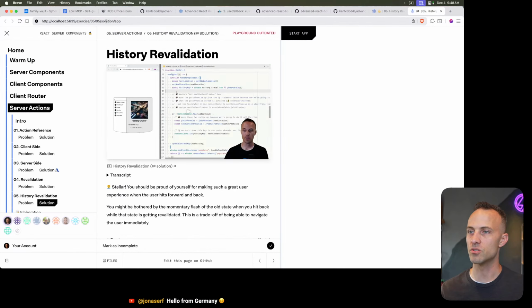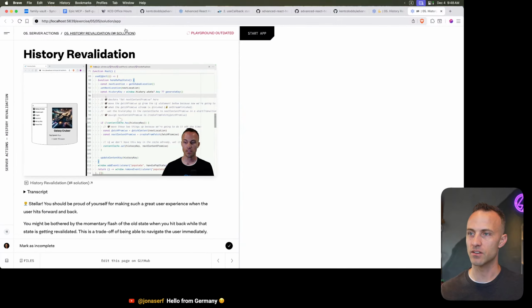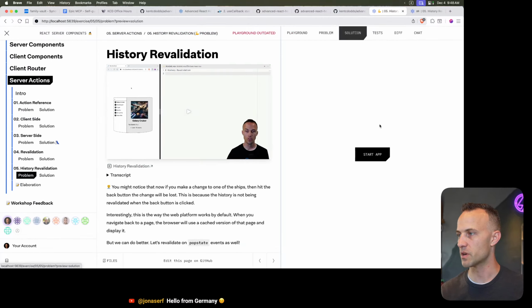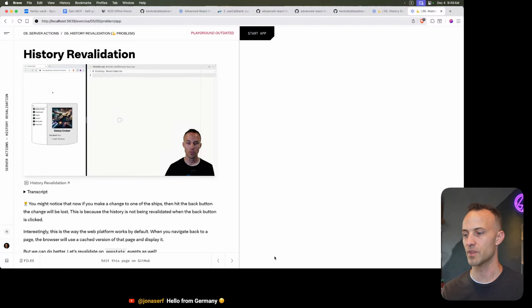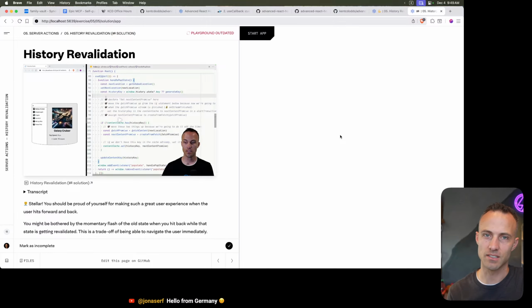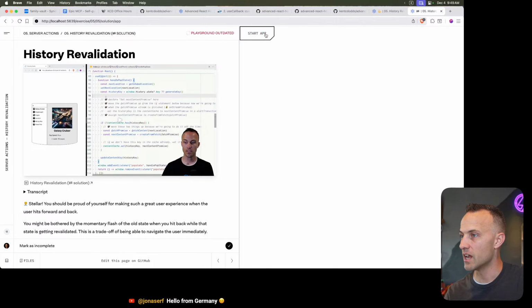Okay, so if you do /app at the end of the URL, then this will show the app for the solution. It's basically the same thing as this. I use it during my development. What's nice is that as I navigate between these, now this is showing the problem app. I don't know why I showed you that. But anyway, so if we start this,